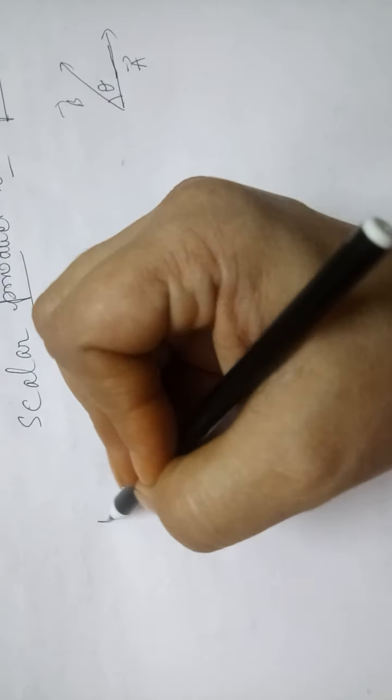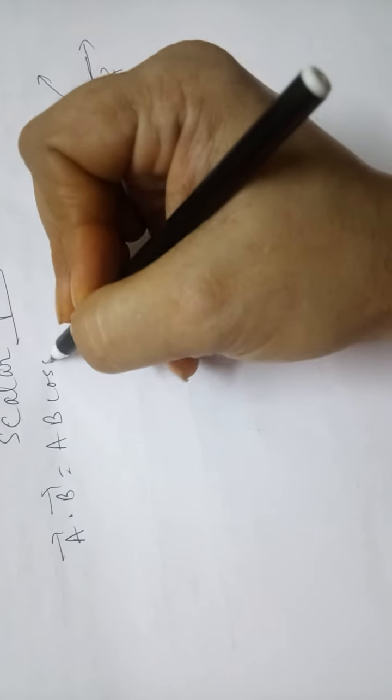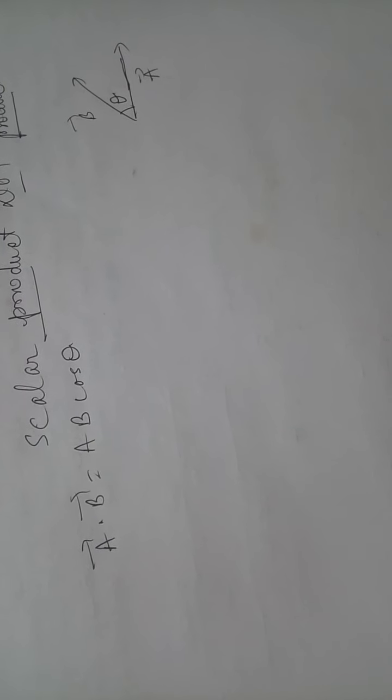Now generally, suppose we have two vectors, vector A and vector B, and the angle between them is theta. Then according to the scalar product or dot product, A vector dot B vector is equal to AB cos theta. It simply shows that the dot product of two vector quantities is the product of the magnitude of each and the cosine of the angle between them. Whatever angle you take, that cosine is taken care of, and then we have this formula.